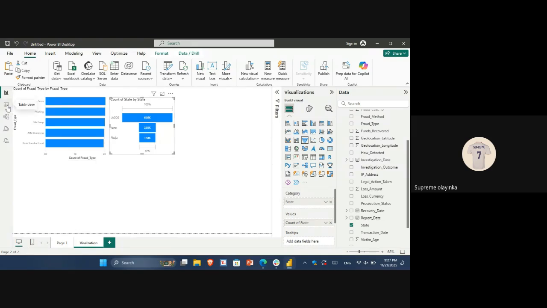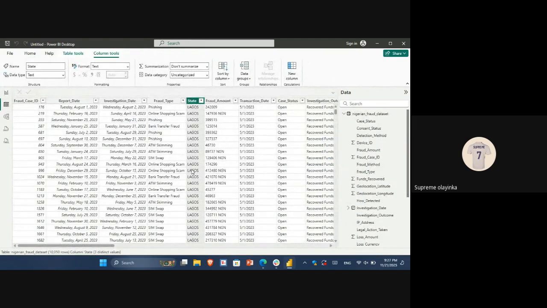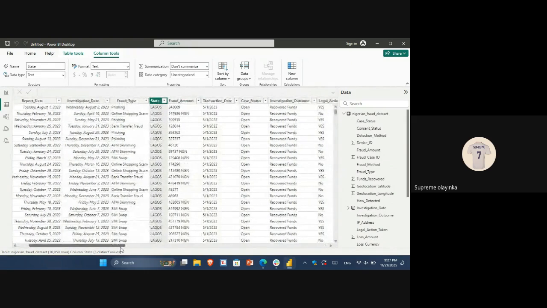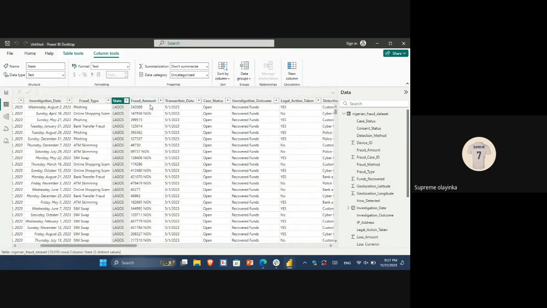So let's move on. Now I want to look at, actually we cleaned this thing last time, but because we don't have it currently, we move away from there now. So let's see if we have